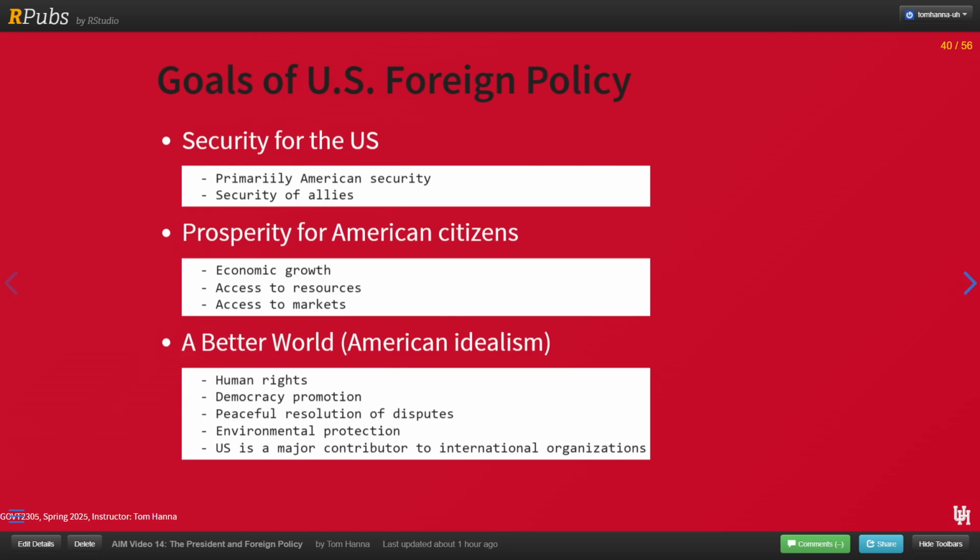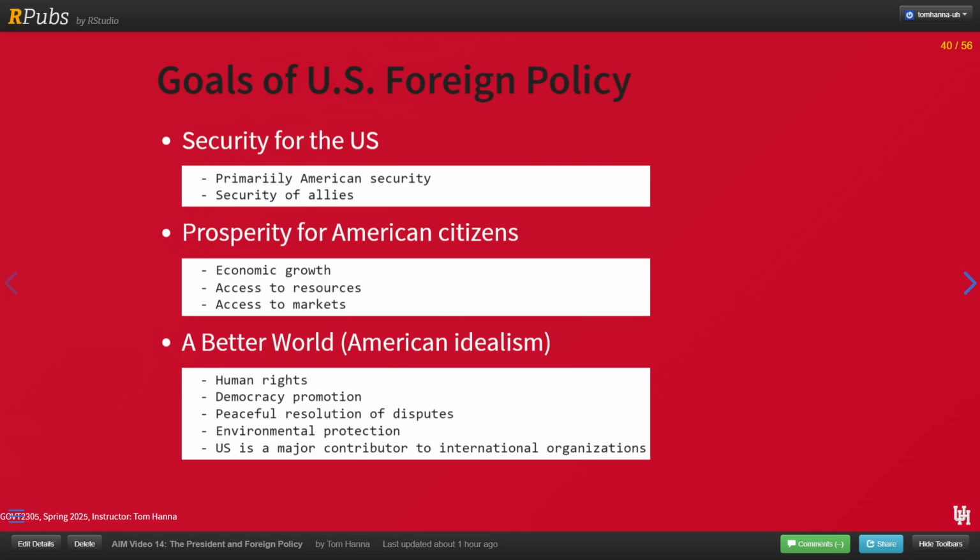It didn't come down to any actual battles or anything, so it could have been worse, but it was not entirely peaceful. But that was more the exception than the rule. The typical thing is that we like to negotiate access to resources so our businesses can buy things and access to markets so our businesses can sell things, also that Americans can be more prosperous because just like the psychology